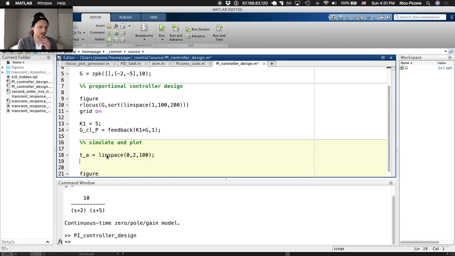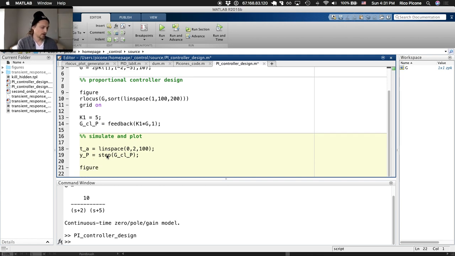And to do the step response, which is what we're interested in here, let's call it YP, which is for the P controller. What's the step response, closed loop step response? We could do step of our closed loop GCLP, and I think that's all we need. So that should give us our step response. Let's plot our step response here and see what